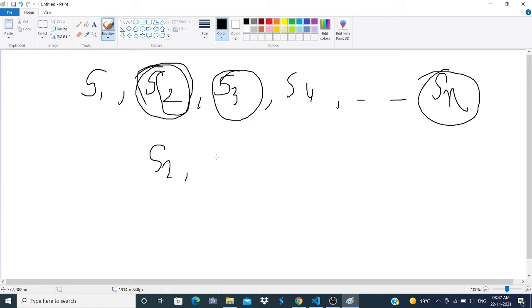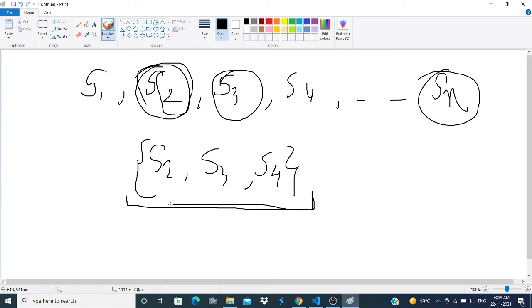For example, if we have this subset, then to check whether this subset is interesting or not, we need to find a configuration of guests such that if the guests take their slipper preferences in that order, then this subset will result. So all the slippers in this subset should be taken by the guests, and all the slippers which are not in this subset, like in this example S1 and S4, should not be taken by any guest.